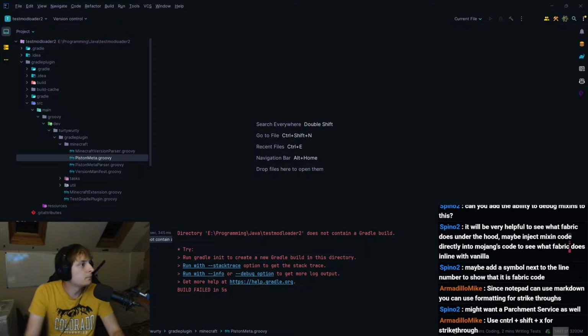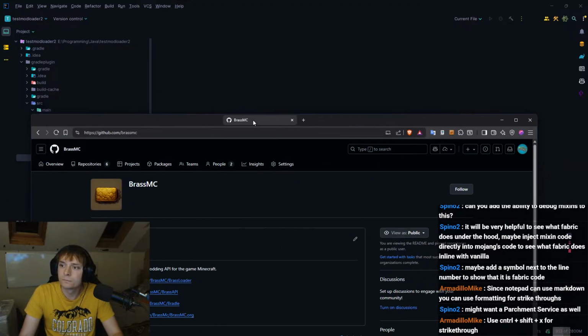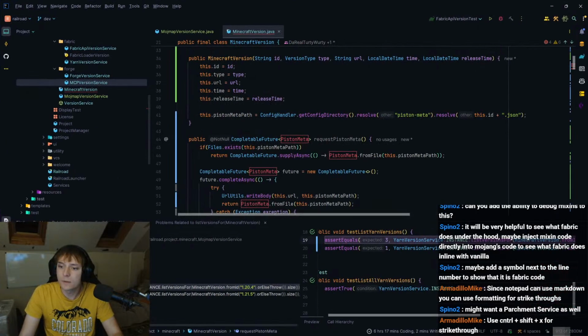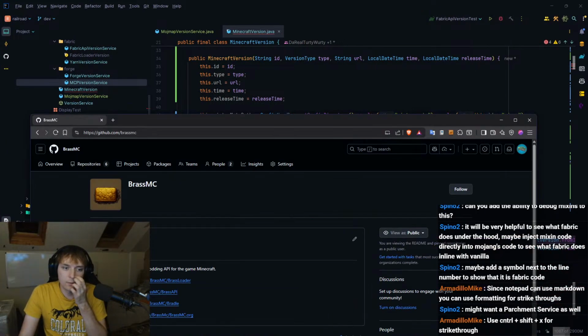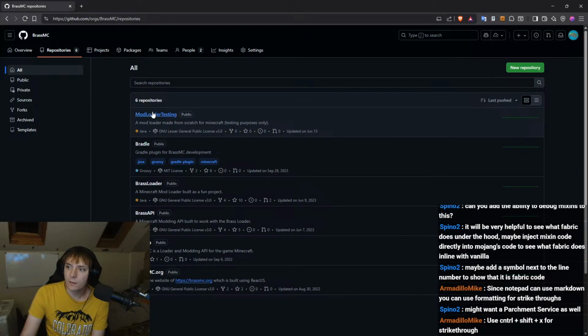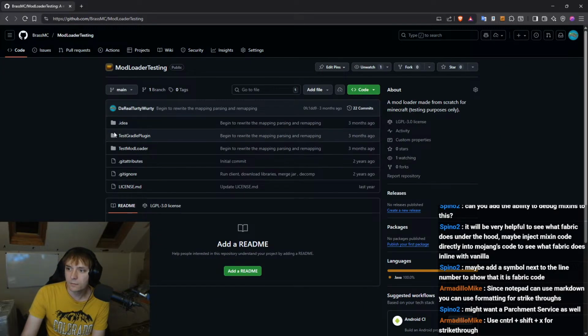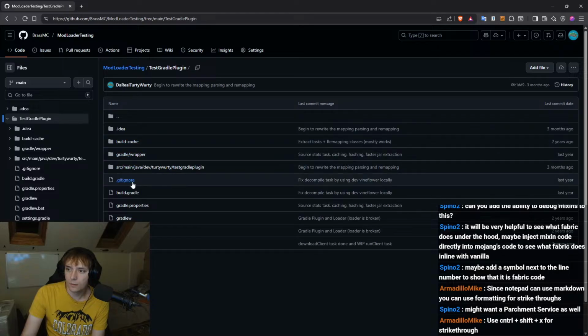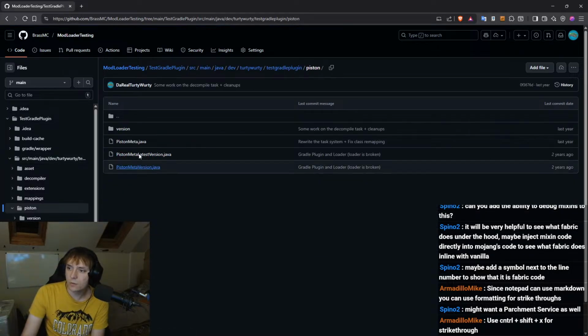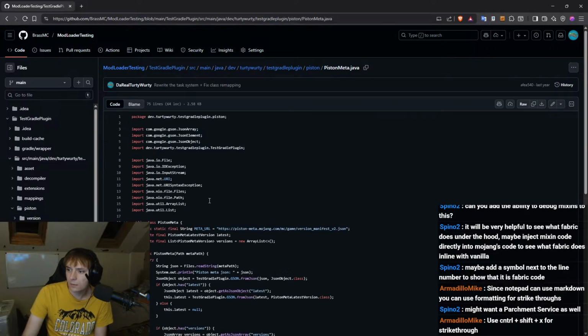Brass is one. Let's get rid of that and bring this back, and then bring up brass, and go in here, in here, in here. And if we look for piston, here we go, piston meta.